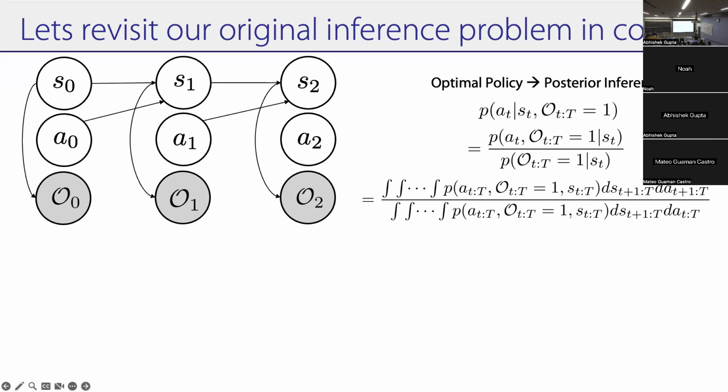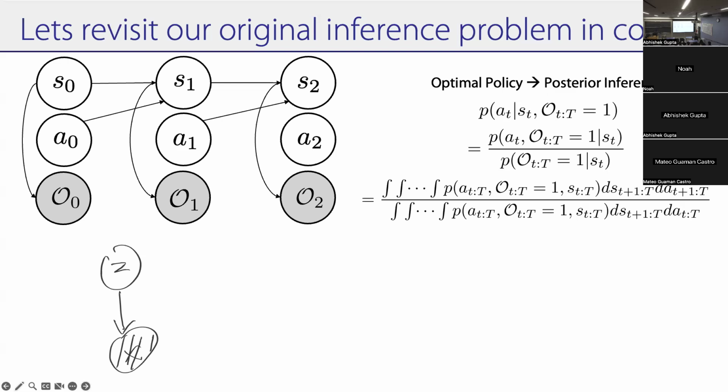And we said we have this difficult problem of inferring the policy posterior, a_t given s_t and future optimality. And we want to figure out how to do this using variational inference. We said the integral in the denominator is kind of a pain, but can we use variational inference to do this? Does anyone remember how we would do this? I will reveal the answer if I go to the next slide. But if we just took an analog to z and x, and we just wanted to reapply the evidence lower bound as is, just pattern matching, which ones are x and which ones are z? What does z correspond to here and what does x correspond to?